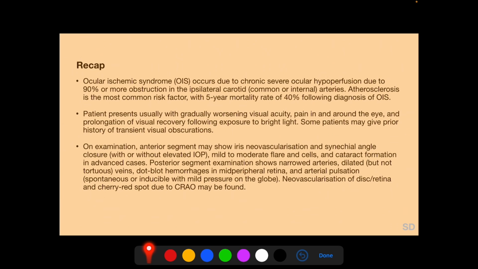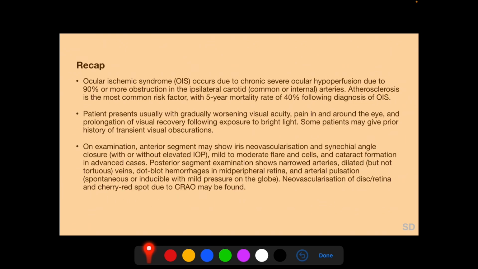On examination, the anterior segment may show iris neovascularization and synechial angle closure with or without elevated intraocular pressure, mild to moderate anterior chamber inflammation, and cataract formation in eyes with advanced OIS. Posterior segment examination shows narrowed retinal arteries, dilated but not tortuous retinal veins, dot blot hemorrhages in the mid-peripheral retina, and arterial pulsation, either spontaneous or inducible with mild pressure on the globe. Neovascularization of the disc and or the retina and cherry red spot due to CRAO may be found in eyes